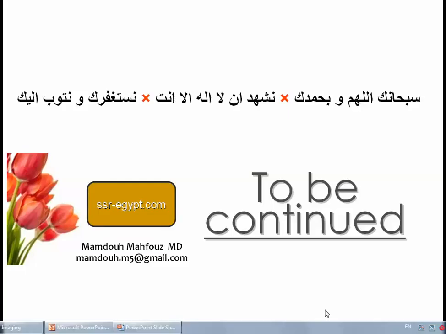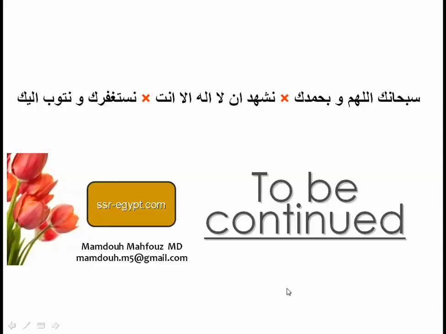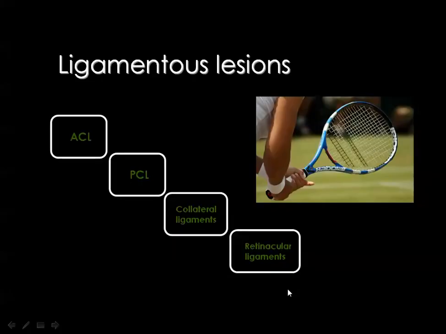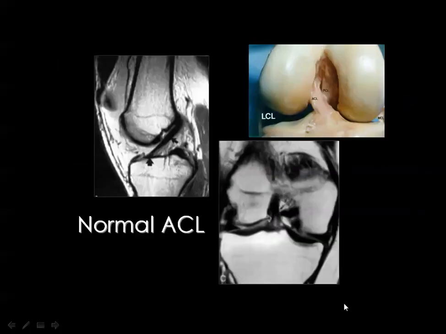Now we are going to continue this part discussing the ligamentous lesions. And we have three groups of ligaments in the knee: the cruciate ligaments, the collateral ligaments, and the patellar retinacular ligaments. Starting by the cruciate,